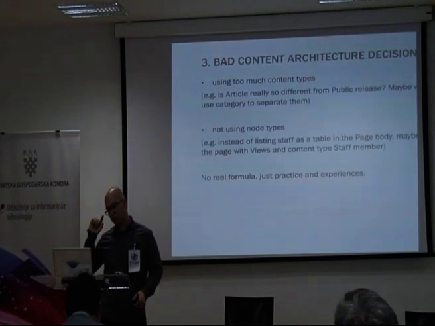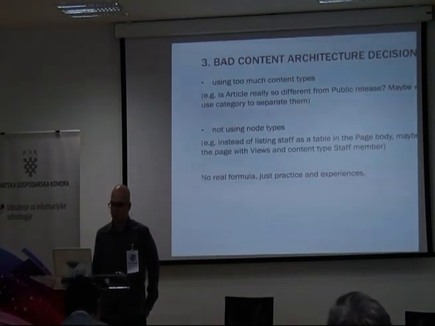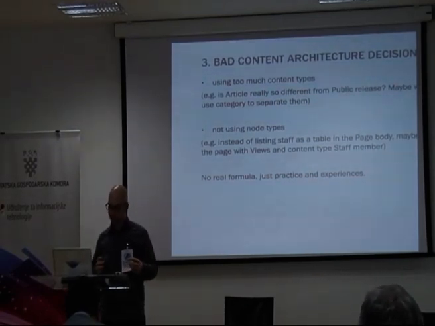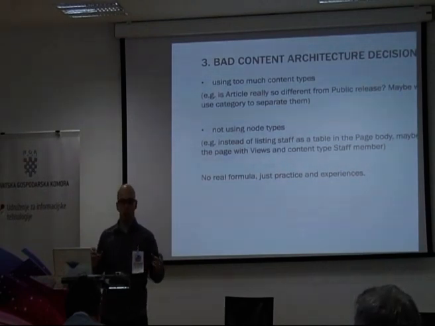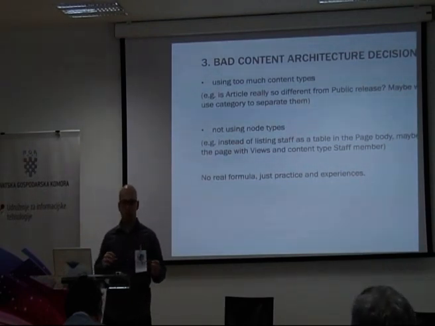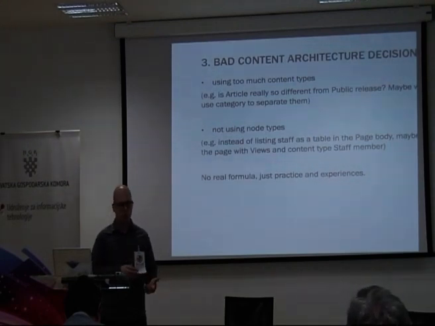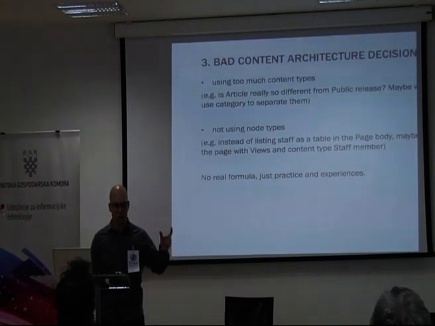And then, of course, we have these architecture decisions where, for example, you have to think about if you have an article and a public release. So is this one content type, or is this two content types? Do you have to separate them by content types or separate them by category? This goes case to case, but if you see that some of the fields are actually related,